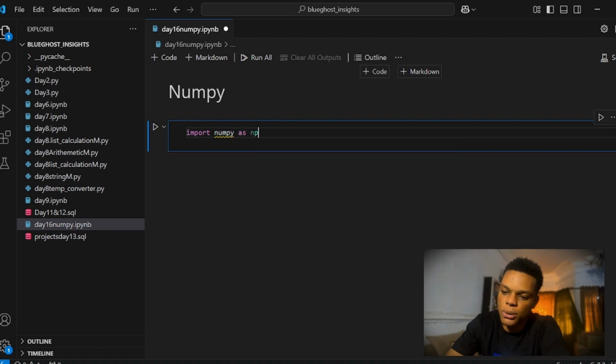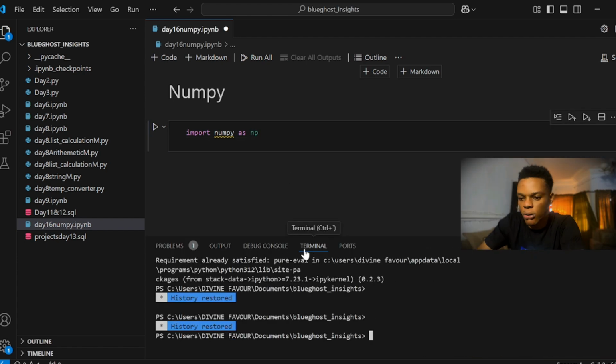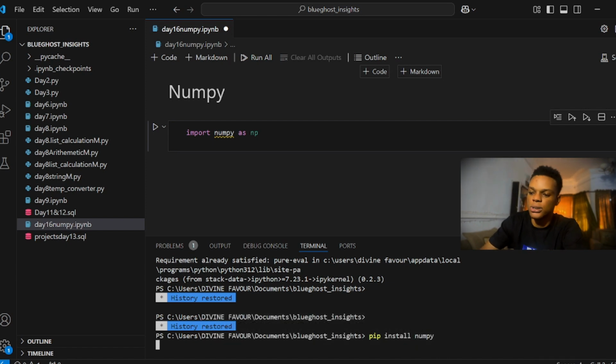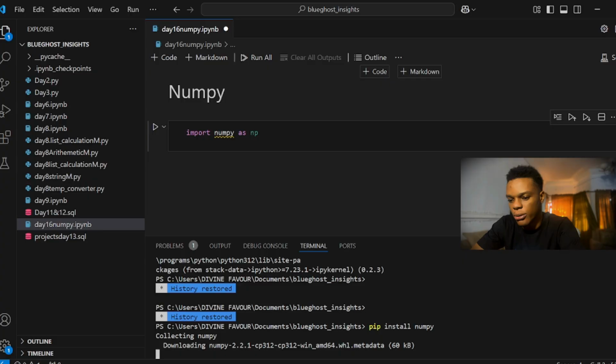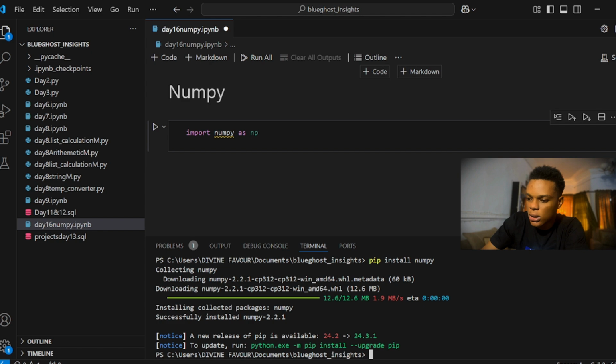as np. For some of you, you may not have NumPy, it may give you issues later on. So just do Ctrl J, it's going to bring out this terminal for you. Make sure it's on terminal level. Then I want you to say pip install numpy. So hit enter. It's going to use your internet, like the last one, to install this library for you. Okay, so it's done over here.